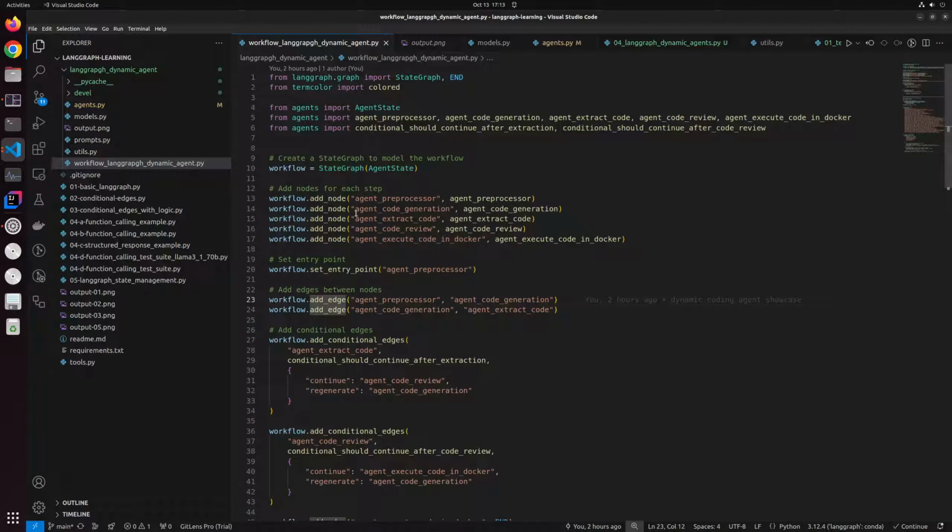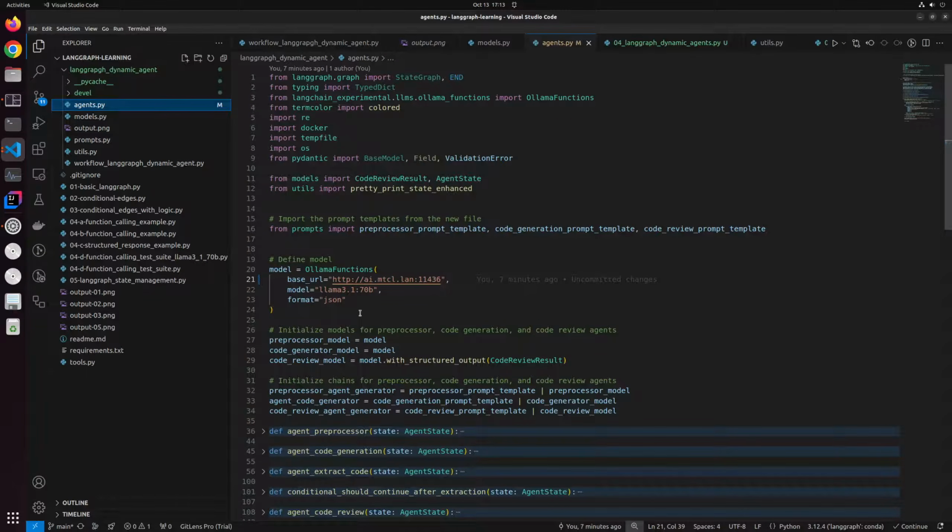So these 5 nodes and conditional edges I have described, or I have written, in the agents.py file over here, right? So I have made this code modular so that you can also modify this flow based on what you would like to do. So if you now move to the agents.py file over here,